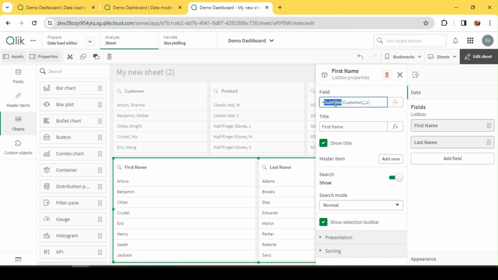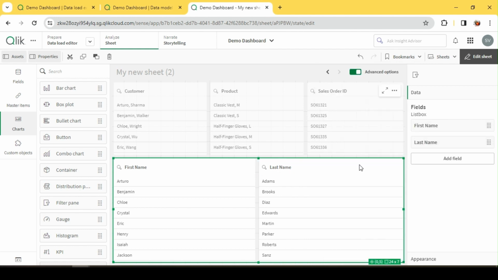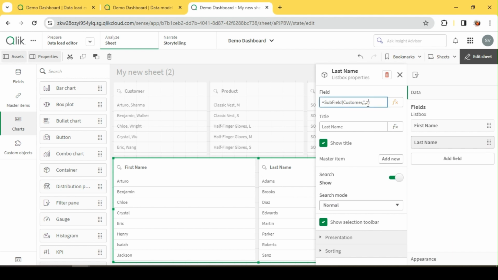So that's how we use subfield. Okay, subfield of field, comma, the part which you are interested in, whether the first half or the second half after the comma. Okay,